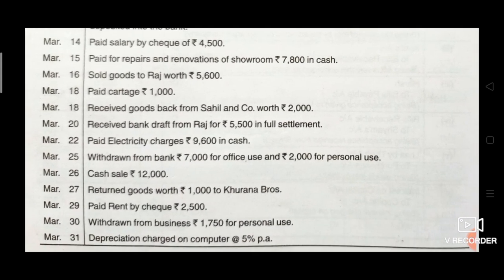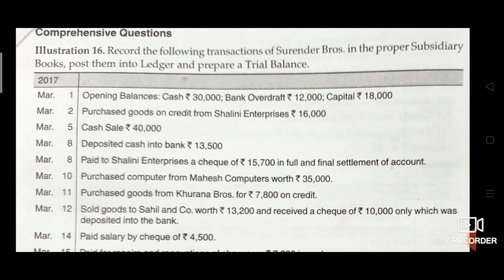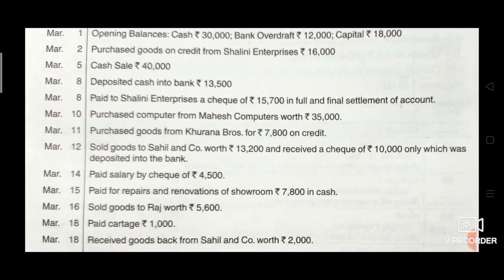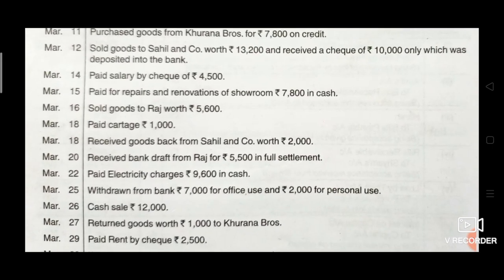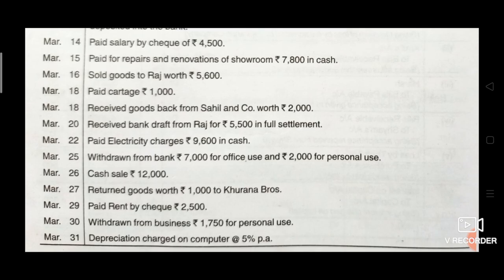Okay, so in this way, this is the problem. See the problem again. You have to write this problem in your notebook so that you can see every transaction and record them into respective subsidiary book. Okay,